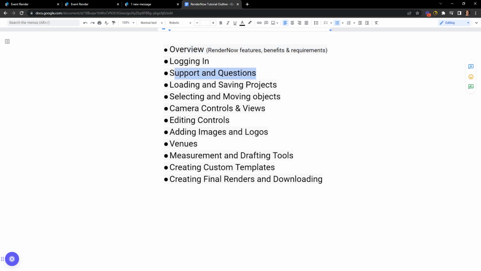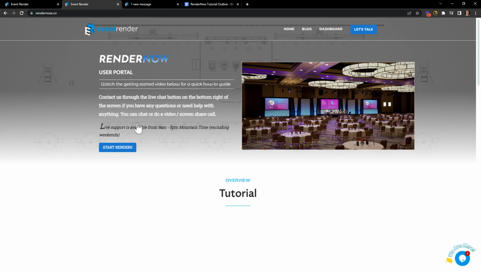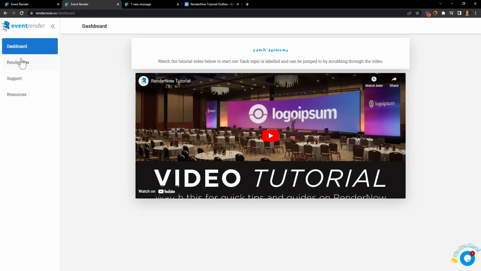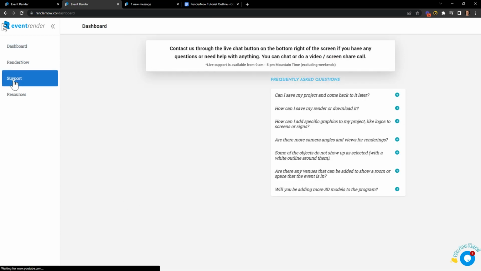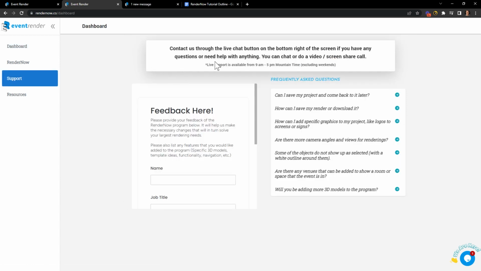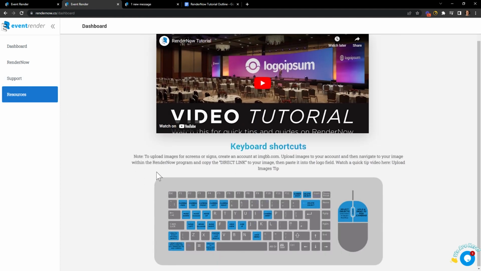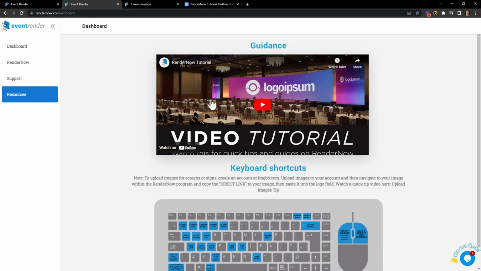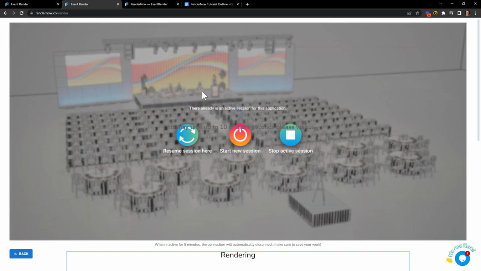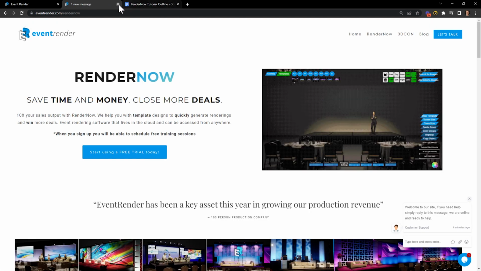All right, real quick, we'll go over support and questions. So if you're on the website here and you go to the dashboard page here, you can go down here to support, and there's a number of information here that you can read over, a feedback form. There's also some resources like keyboard shortcuts and more tutorial videos. But the best way to get in contact is to,